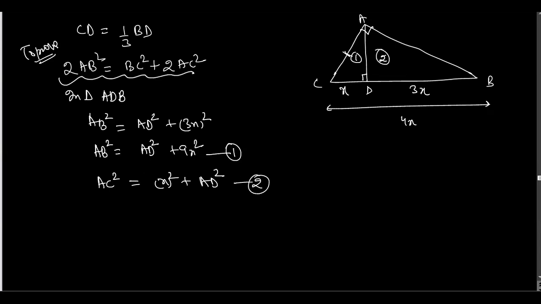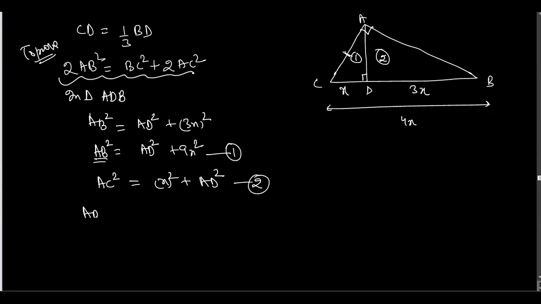We have used the Pythagoras theorem in these two. Do we need the AB and AC in our question? Yes, we need the AB and AC in our question. So we need to replace it with AC now. So what we need to do here is, when we add these two equations, what can we get when we add these two equations?